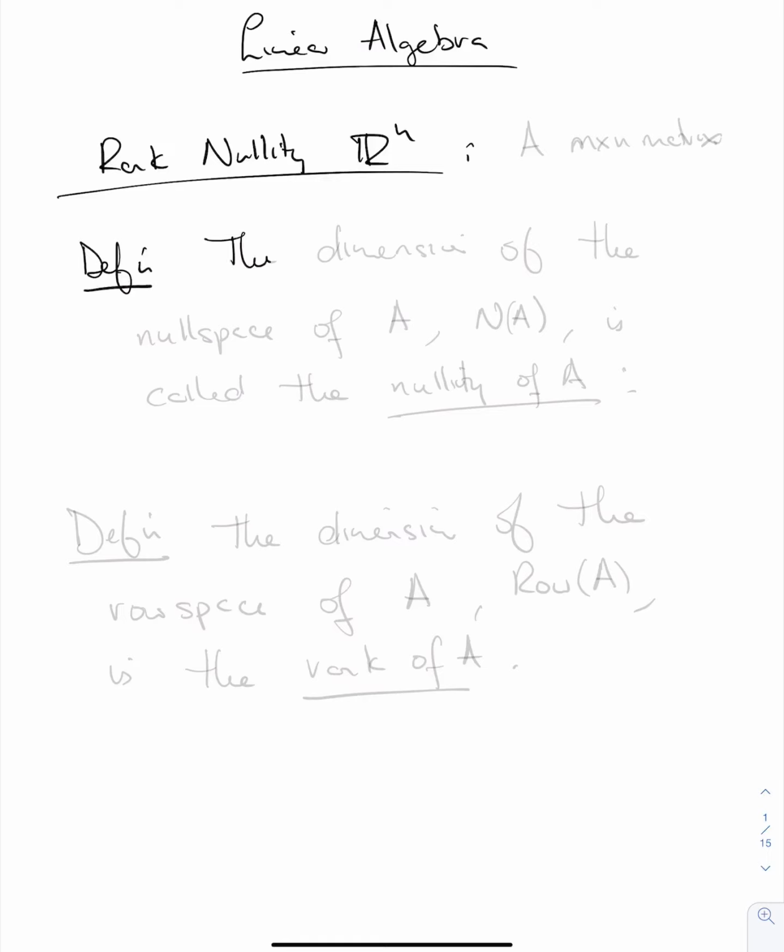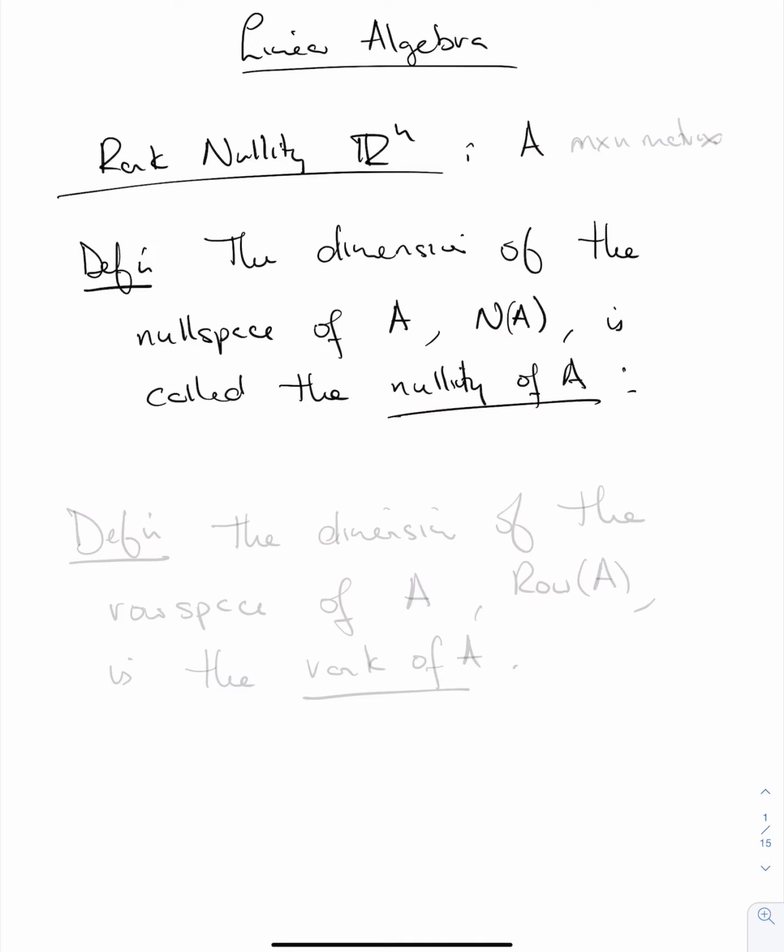Definition: the dimension of the null space of A, denoted N(A), is called the nullity of A. And recall, as usual, A is going to be an n by n matrix, real entries. Definition: the dimension